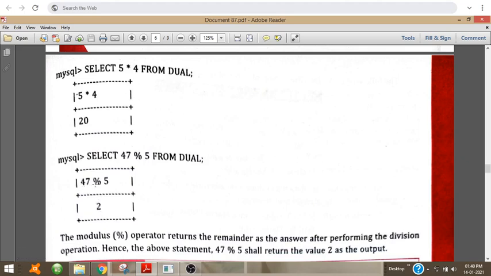That is, 47 will be divided by 5. Then 9 5s are 45 and the remainder is what? 47 minus 45, that is 2 will be the remainder. So the modulus operator will return the remainder.